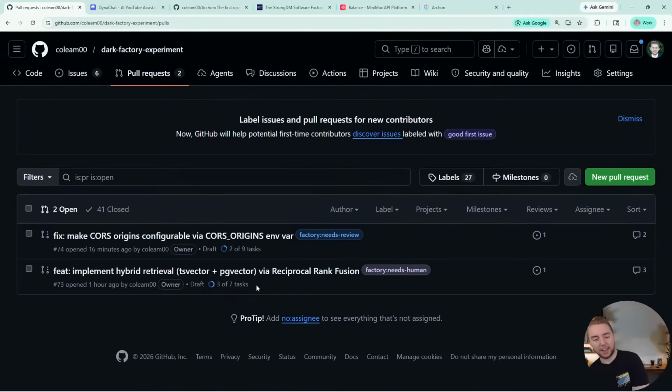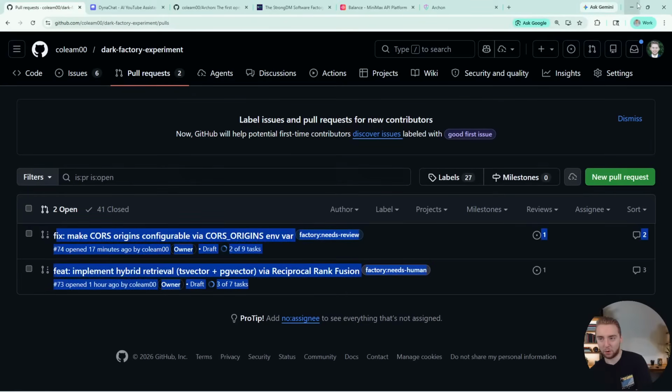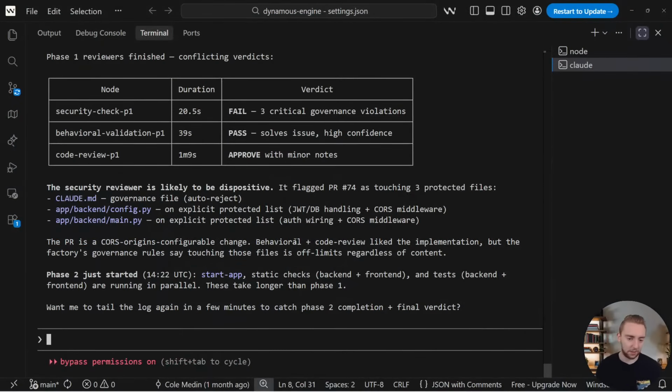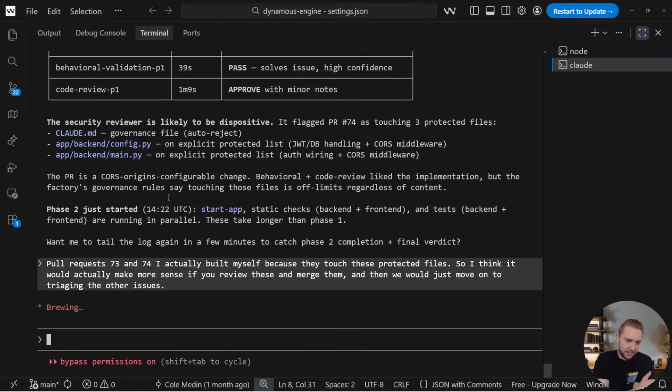I might need to ask it about this one as well, because these are things I was working on before by myself, so I need to take care of this myself as well. Okay, pull requests 73 and 74 I actually built myself because it touches these protected files. So I think it'd make more sense if you review these and merge these, and then we would just move on to triaging the other issues. Yeah, I just wanted to take care of it here.